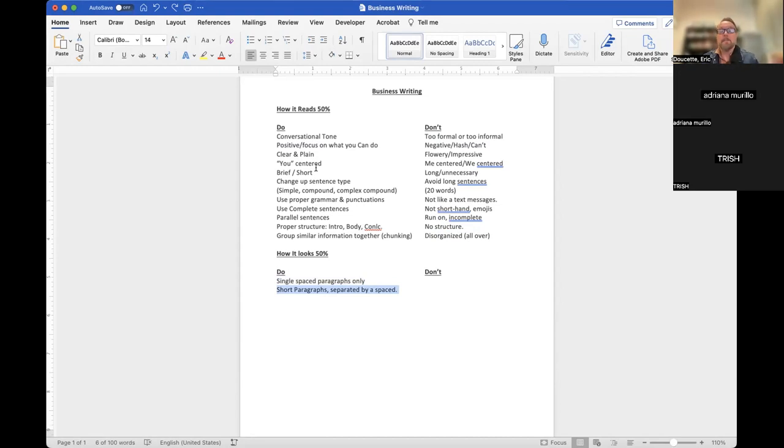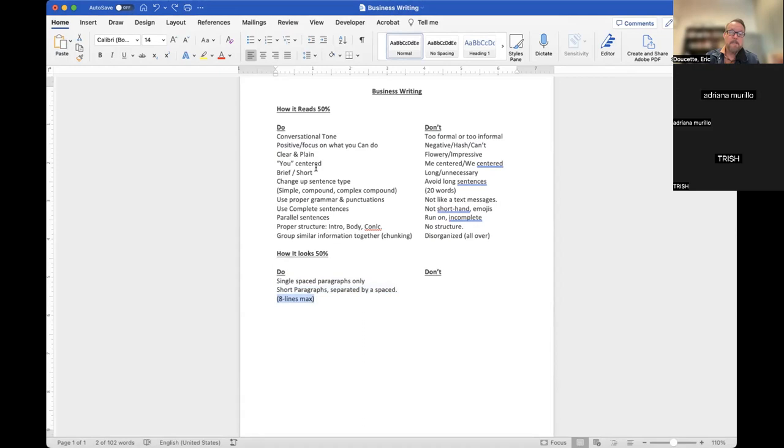And short paragraphs separated by a space. So you should have a paragraph and then a white space, and then another paragraph and a white space. A short little single space paragraph, white space. Short little single space paragraph, white space. That's the first main thing you need to know about how it looks. That's easy for the eye to read, 4, 5, 6 lines. Easy to scan that and look at it and read it quickly. But a big wall of text, man, where was I at? I just moved my eyes and now I don't even know where I was, and that can slow down their reading and make it very frustrating. So very important, short, single space paragraph separated by a space.